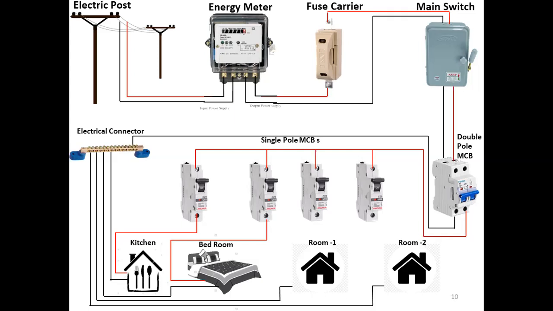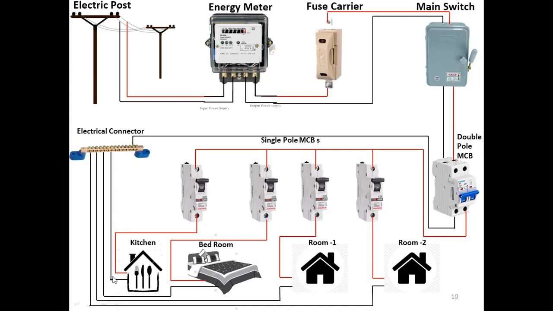Now the second room, third room, it may be a hall or anything else. Neutral is connected. Then similarly, for room 2, neutral and phase are connected, right? So this is your general house wiring connection. The thing is, the neutral terminal should be separately connected to the electrical connector. We should not interlink, we are not supposed to make the connection by interlinking.